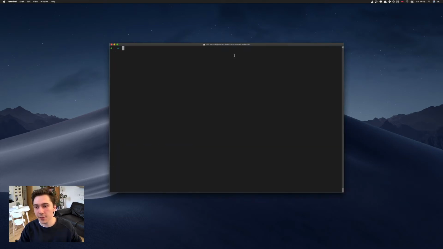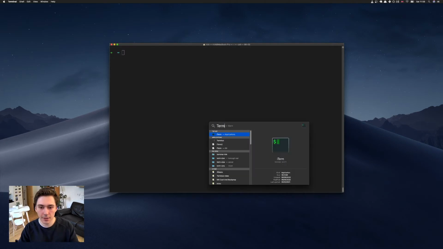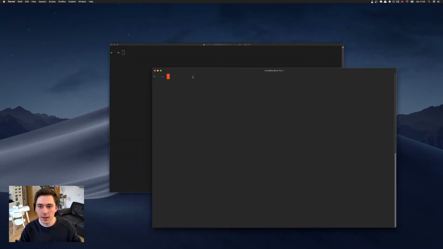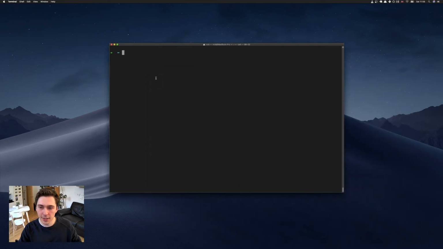What we have here is our terminal window. If you want to open a terminal, just type in terminal. The default one is called Terminal, but there are also third-party applications like iTerm, which you can use as well. I typically use iTerm, but for this video, I'm just going to show you how to use the basic terminal. There's literally no difference between them except for how it looks and customizability and some advanced features, which we're not going to go into. At the core of all of it is what's called the shell, which is Bash or